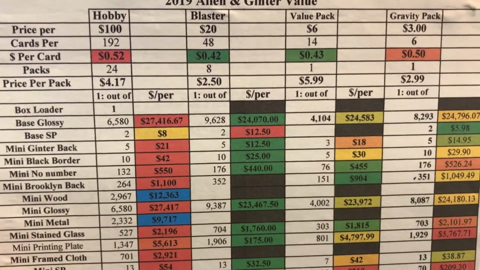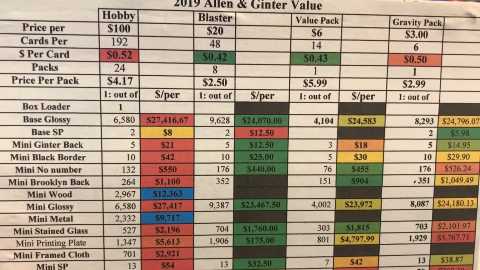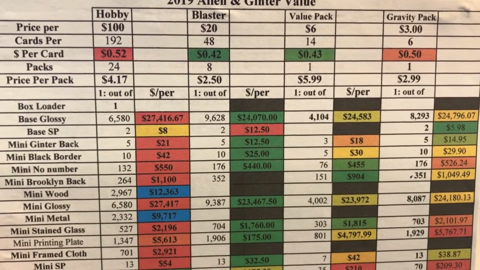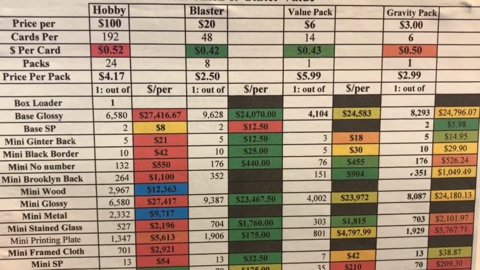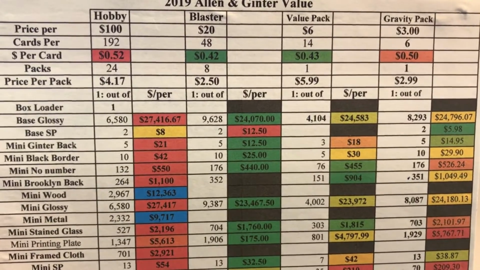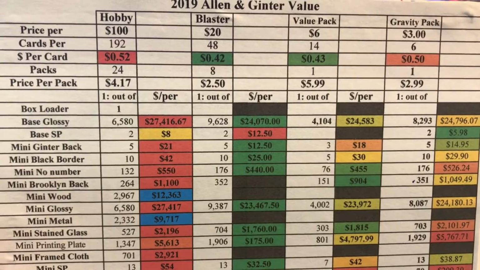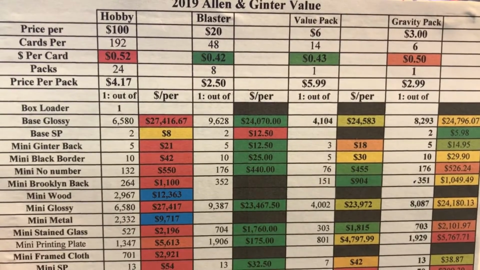So the first thing that stands out, the dollar per card. Your best odds are going to be through the blaster or the value pack. Makes sense because you get more hits in a hobby. Now in a hobby box, you're guaranteed 3 hits. In a hobby box, you get 24 packs. If it's $100, rounds out to